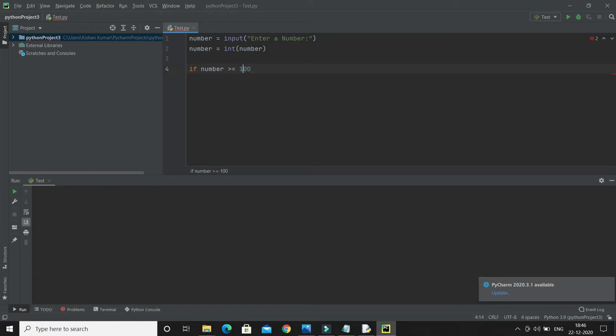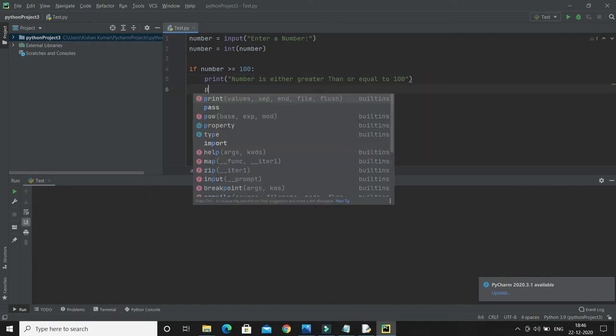If this condition becomes true, then I would like to make a block of code, and here the first statement I would like to print: number is either greater than or equal to 100, right?